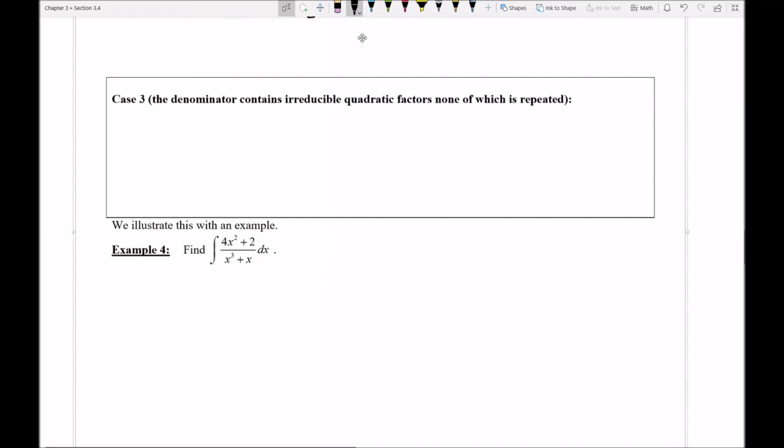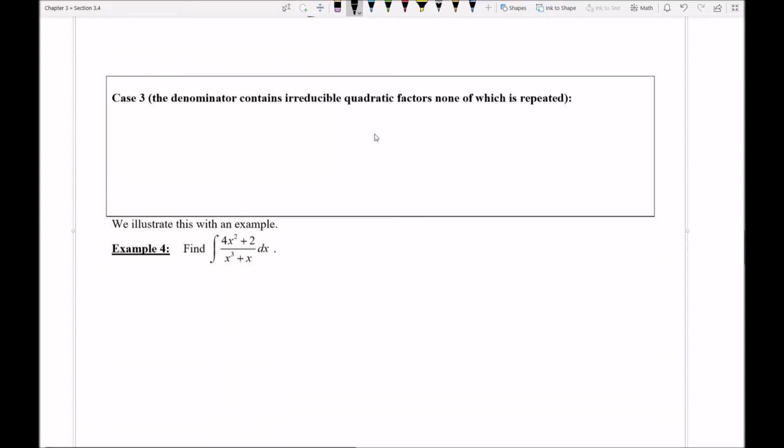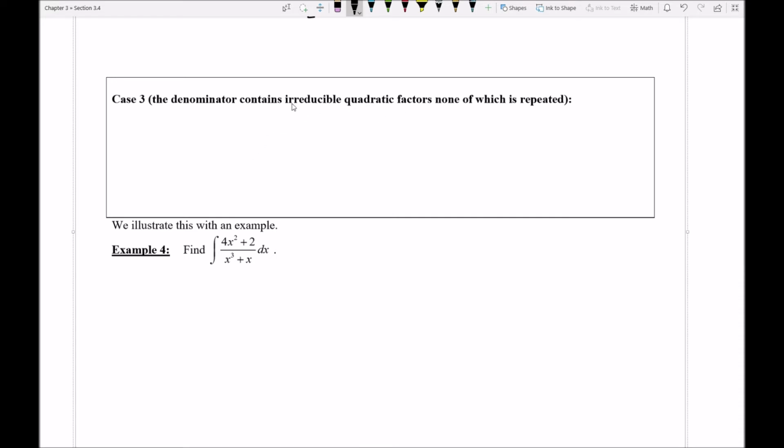Now we're going to move on to case number 3. This is a case where the denominator is going to contain not a linear factor, but an irreducible quadratic factor. Now, it's important to note that this quadratic factor that exists down there, again, while irreducible, is also not repeated. So this would mean that